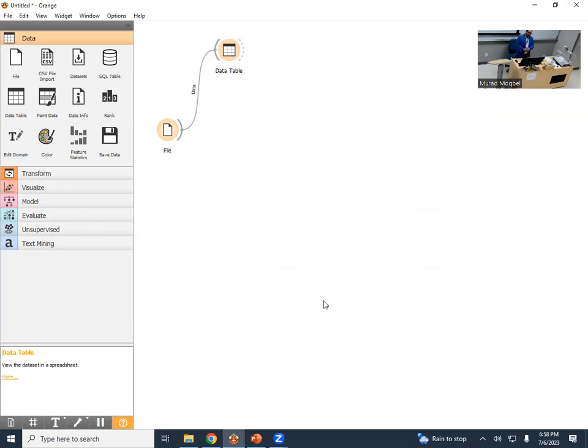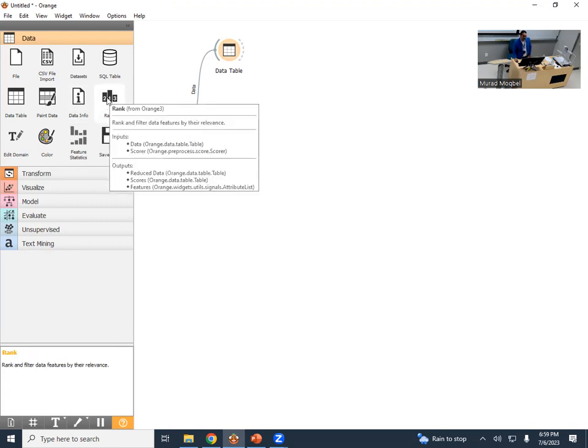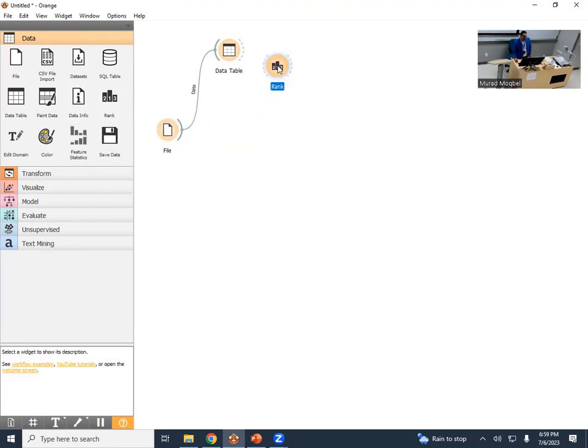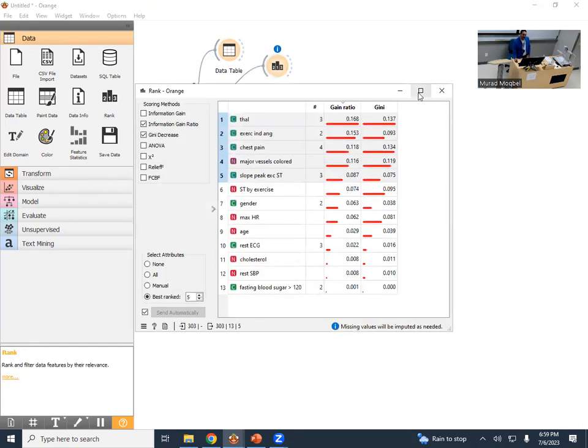Now the next thing that I wanted to show is something we call feature selection. So remember when we said if we have hundreds of columns, we need to narrow it to a reasonable amount of columns. That's where the ranking comes into play. So we'll drag this ranking, drop it here, and then again, I will connect my file to the ranking and double click. If you see that exclamation mark, it should not be a problem. So just double click on this guy now. Now it will show us